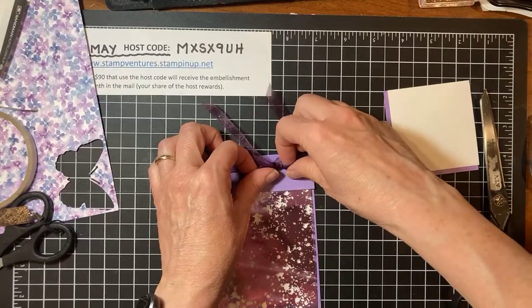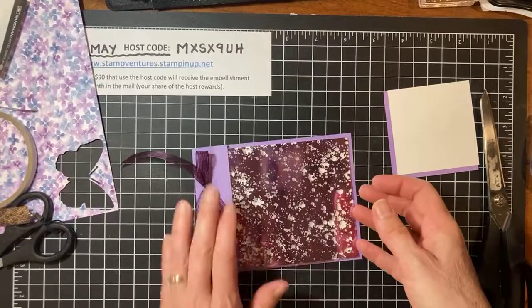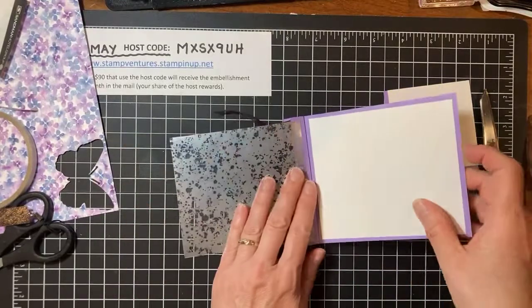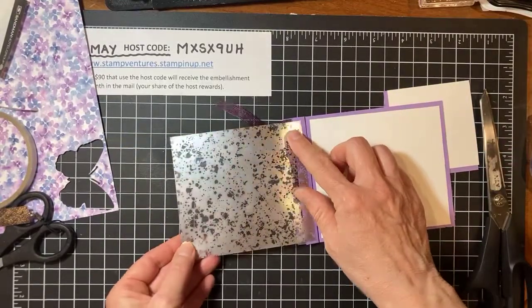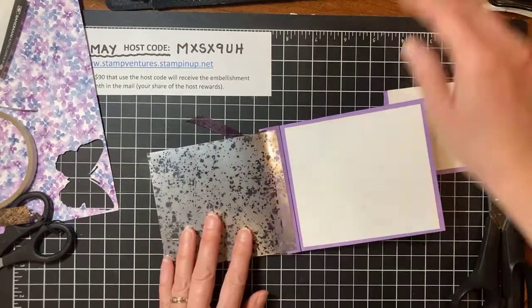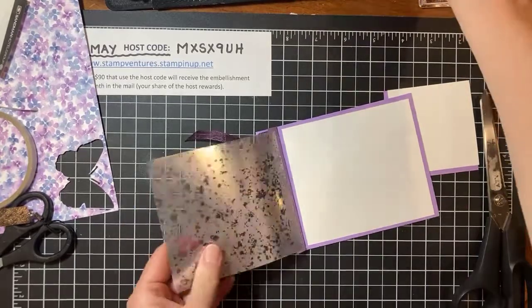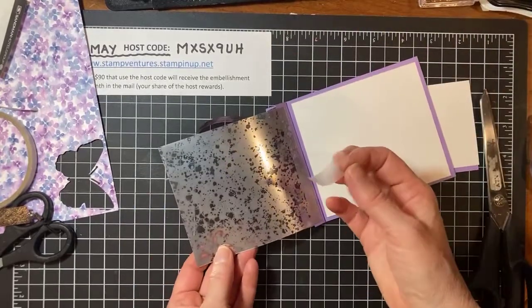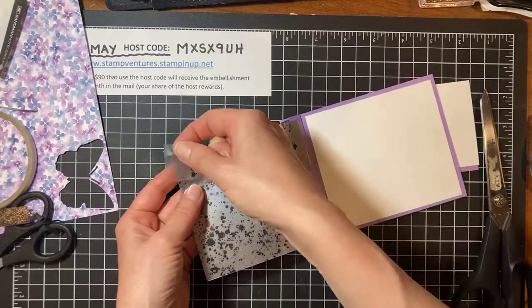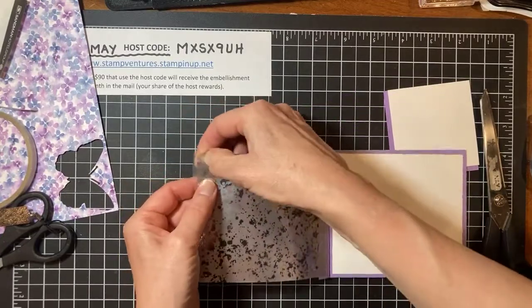That seemed counterintuitive to me that they'd have the protective side on the back of the acetate sheet. But you know what? You might want to use the silvery portion of it for another project. If you don't like the colored portion, you can use the silver portion. So it is kind of handy that it's double-sided that way. Okay, let's see what happens. Let's see if anything...